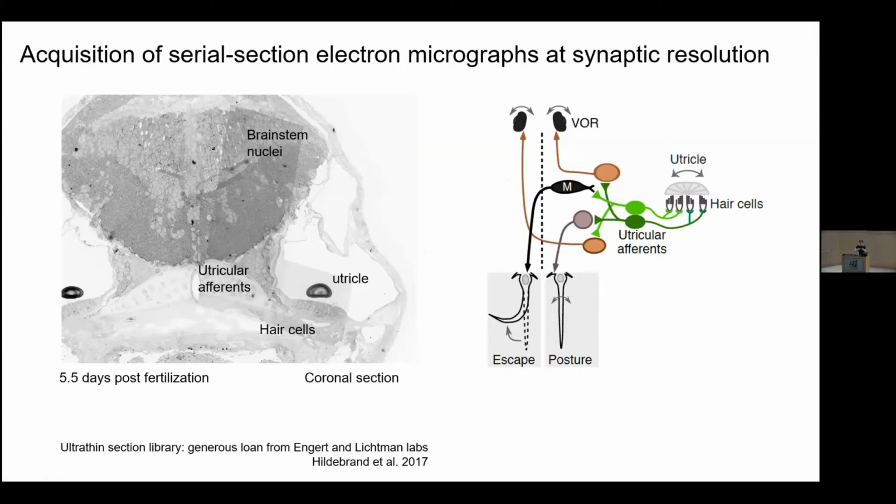So this is a means of getting an EM level resolution of one zebrafish throughout the entirety of its brain. This was originally carried out by the Engert and Lichtman labs. What you do in order to achieve serial section EM is to take repeated sections of, in this case, a zebrafish head, and create a map where you've taken images at lower resolution of every single one of those sections, and then go back in at higher resolution